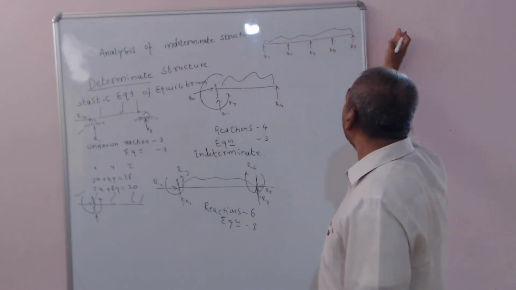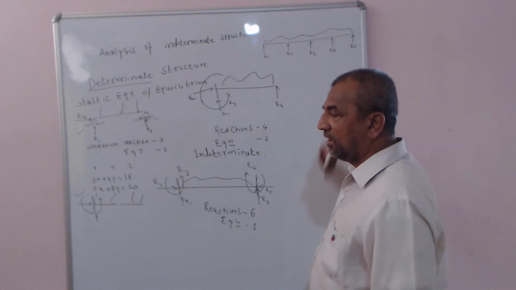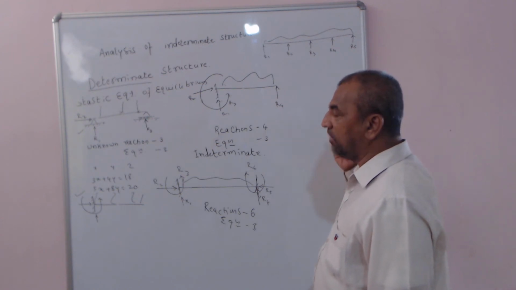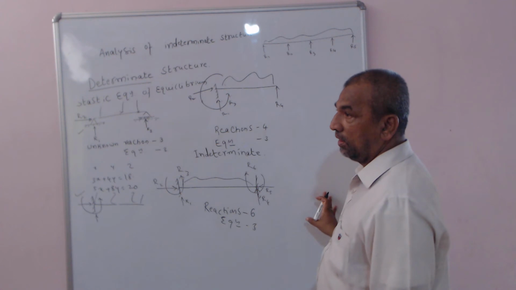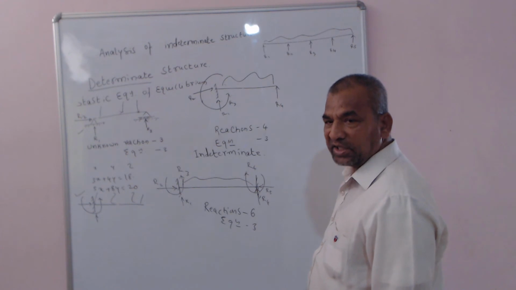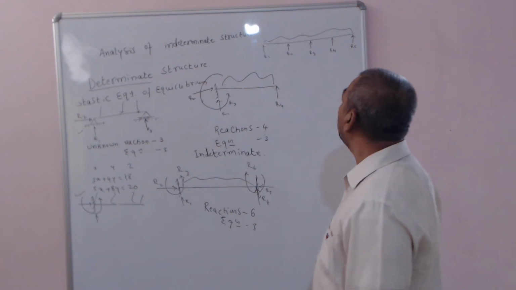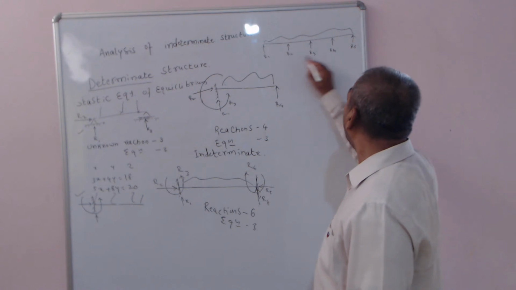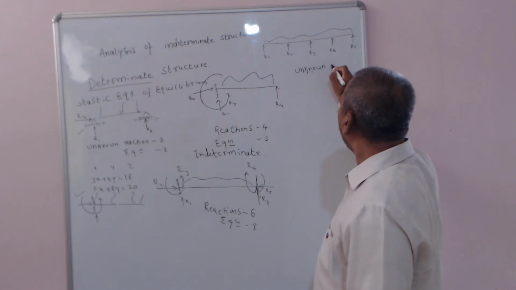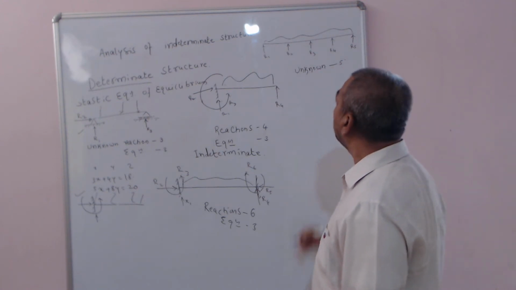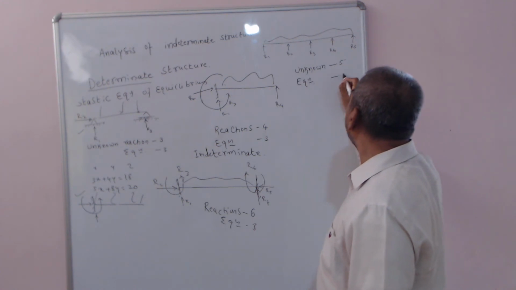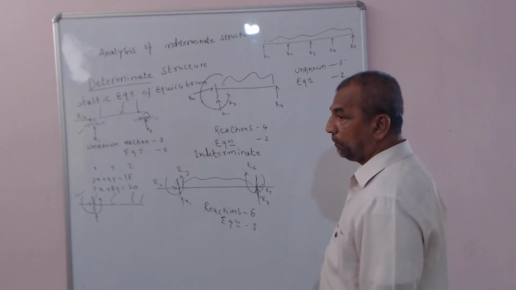I won't have any actions or reactions in the horizontal direction. That is why the total of the forces in x direction equal to 0 is of no use here. I won't have any restraint in horizontal direction. I won't have any load in the horizontal direction. Therefore, only left out with me is the number of unknowns is 5, and the number of equations useful is actually only 2.